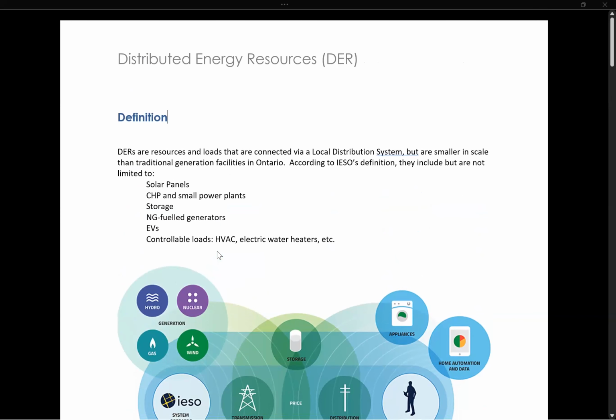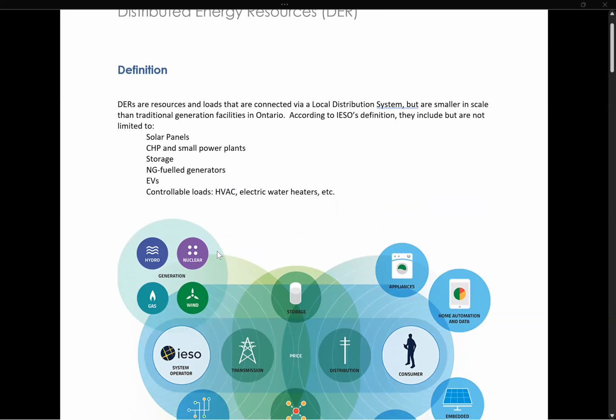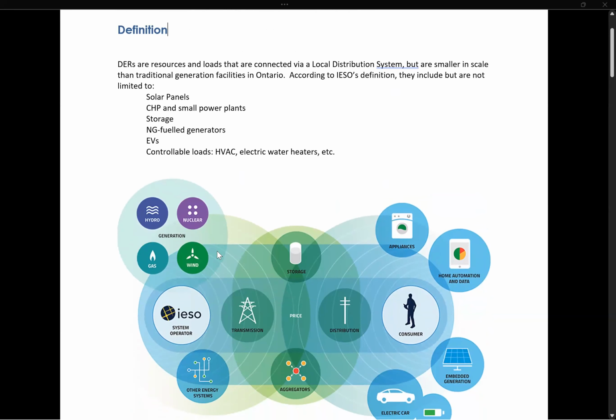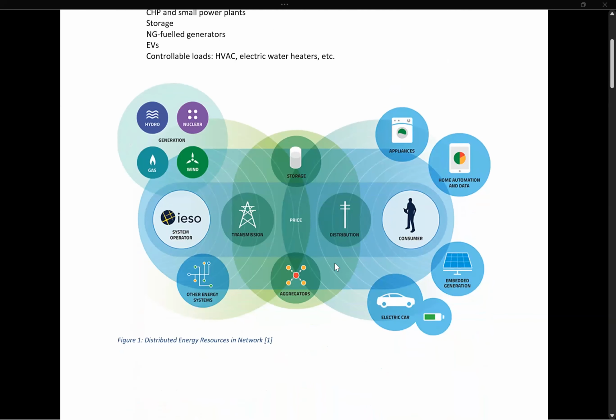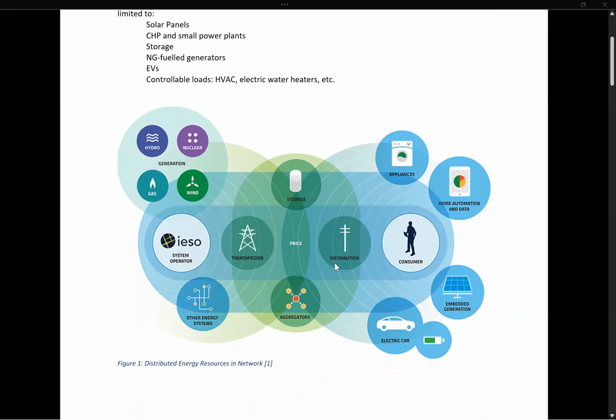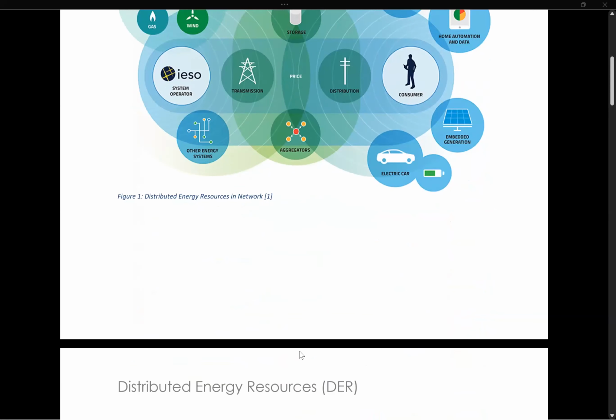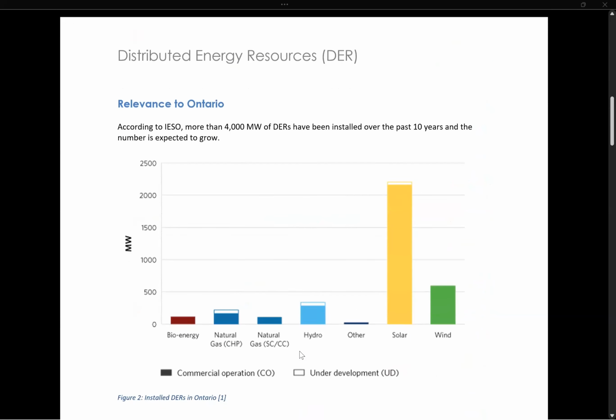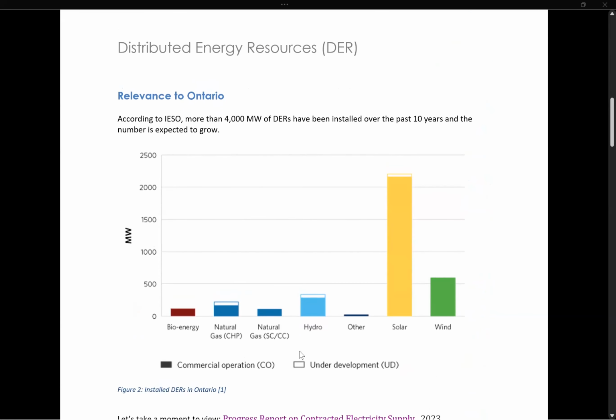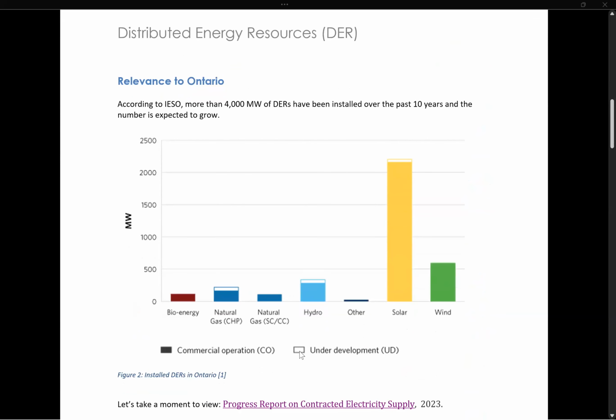So that's what we're talking about when we're talking about the distributed energy resources that connect into our transmission system via our LDS, our local distribution system. This picture is from the IESO website, the Independent Electrical System Operator. What does this mean in Ontario? Here's a graph from